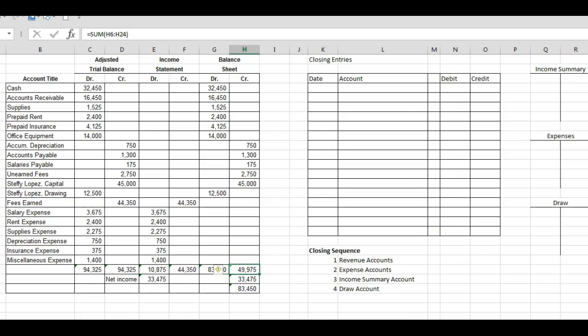So let's kind of look at this. You have revenue accounts of how much? Let's see, $44,350. So I want to close that account. And how do I close a revenue account? Well, it has a credit balance. So I guess I should make that fees earned. So I need to debit that for